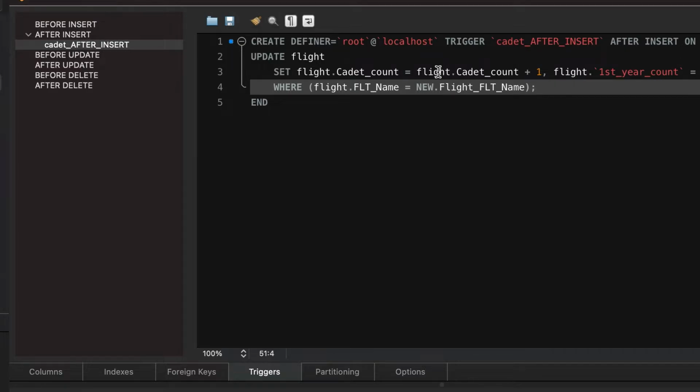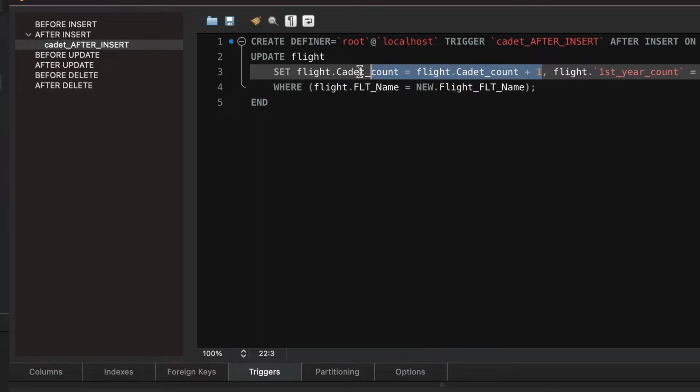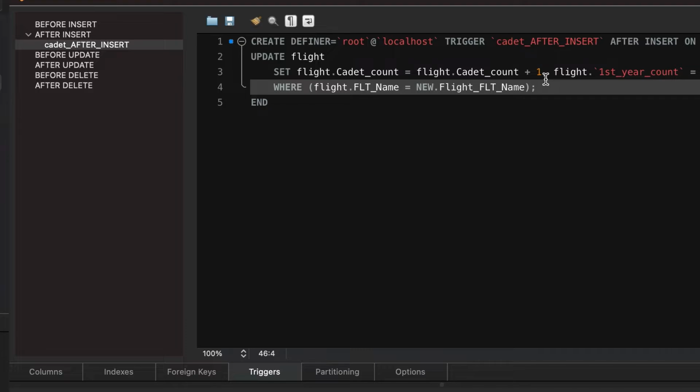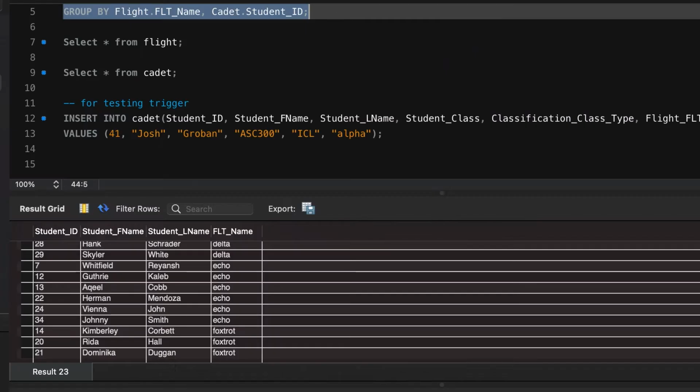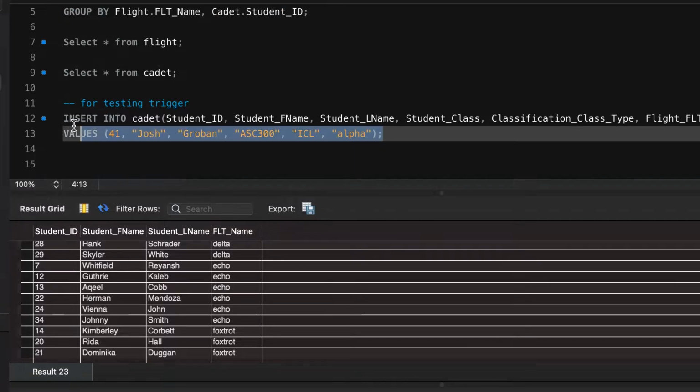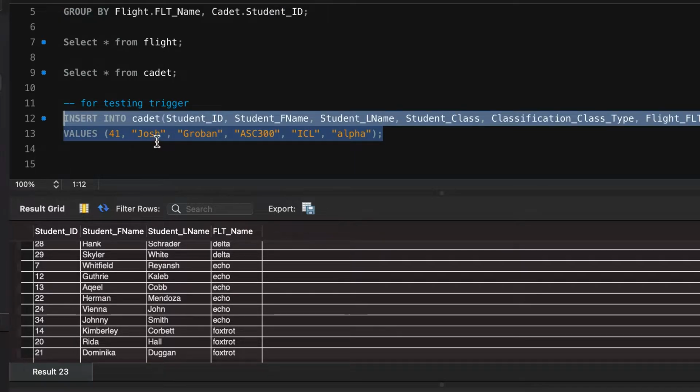Then for our trigger, we added an insertion trigger for an after insert on the cadet table, where the flight count in the flight table increments by 1 when we insert a cadet into a certain flight. So when we insert this cadet named Josh Groveland with ID number 41 into the Alpha flight,